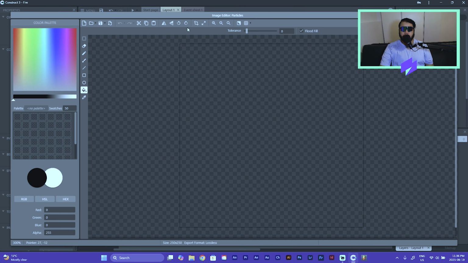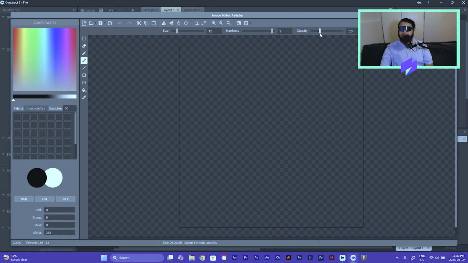This doesn't have to be perfect, because the way we're doing this, it doesn't matter too much what the original image looks like. When it's all blended together with the hundreds of different instances of the object, it's not really going to make a difference. It's just going to look kind of like fire. But the biggest tip I can give you is that when you're making this, don't use full opacity, because it's going to make a huge difference in the final product if you make it look more transparent in the original image. Okay, so I'm just going to use the brush tool and lower the opacity down to something like